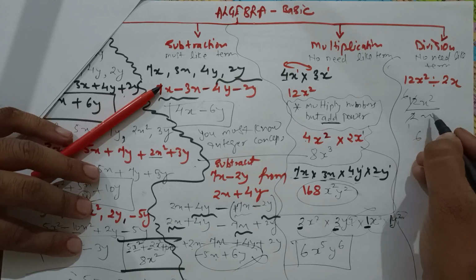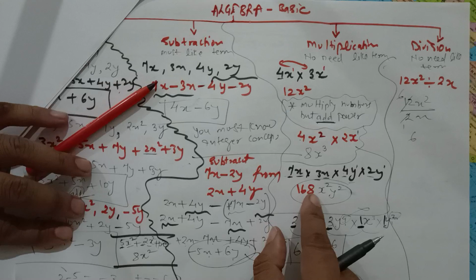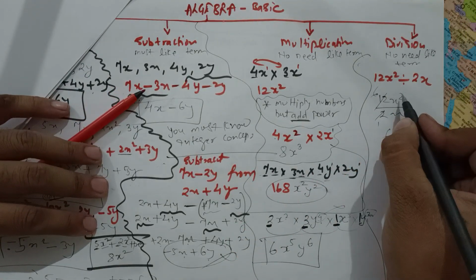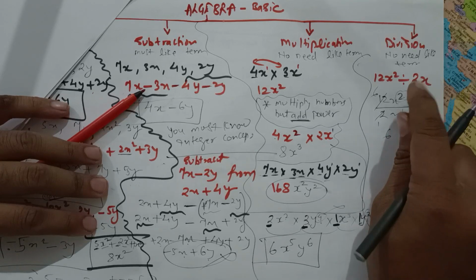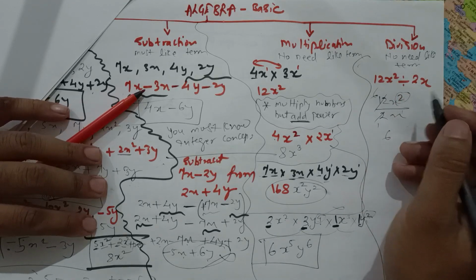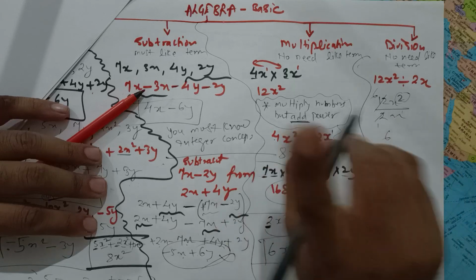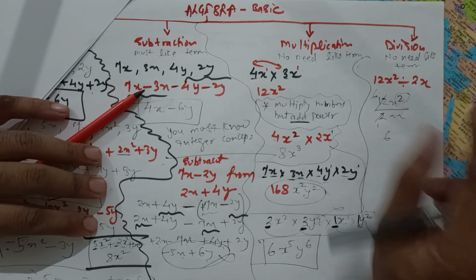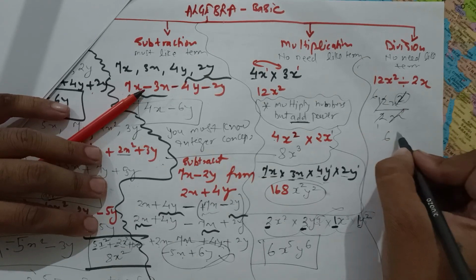6 came. Now here in multiplication the power was getting added. Here the power is getting subtracted. On the top there is 2x, and down there is 1x. So 2 minus 1: upper degree minus lower degree. In division, what do we do? Upper degree minus lower degree, 2 minus 1, only 1x. So this x is cancelled by this x. So what is left? Only 1x.